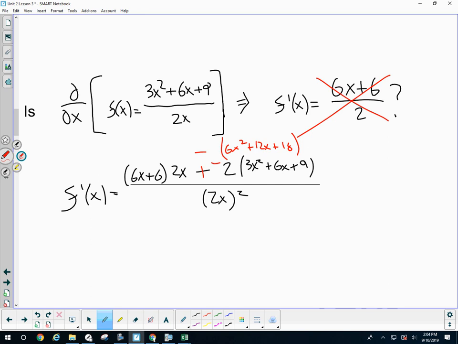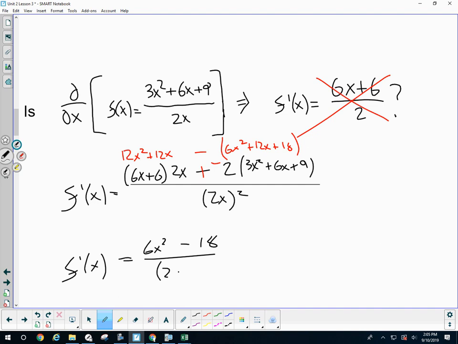I like to distribute the negative 2, automatically making this negative 6x squared minus 12x minus 18. Over here we'd have 12x squared plus 12x, and then I'd be able to combine my like terms. So the 12x squared minus the 6x squared is 6x squared. The 12x minus the 12x goes away. I have a minus 18